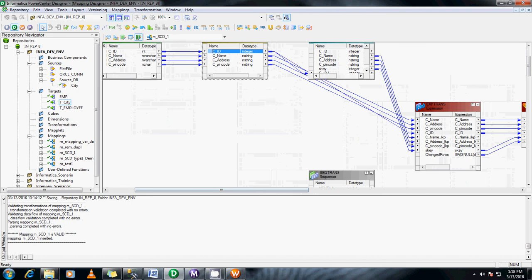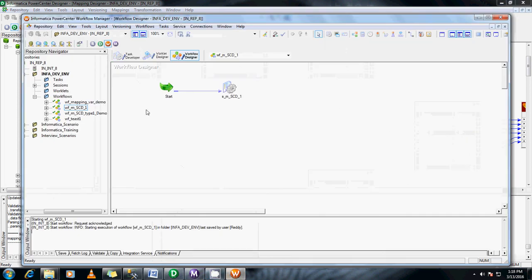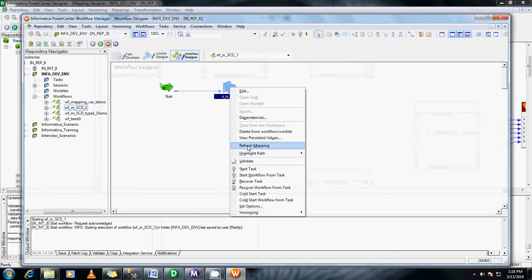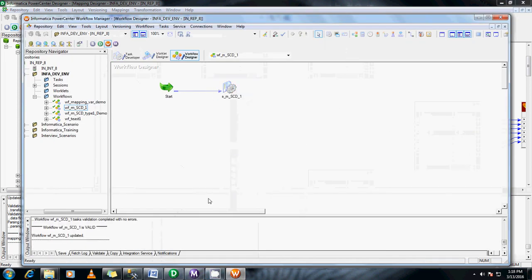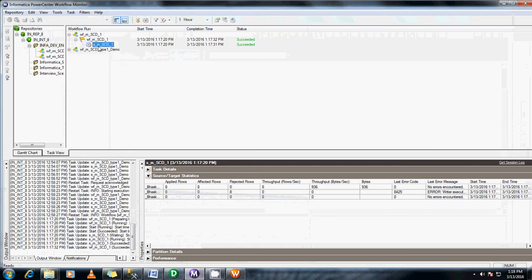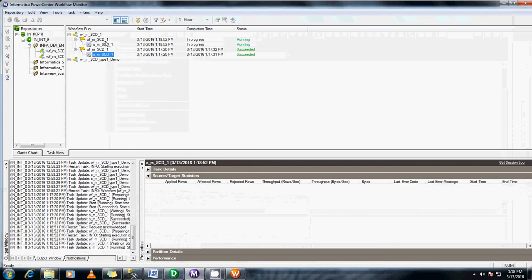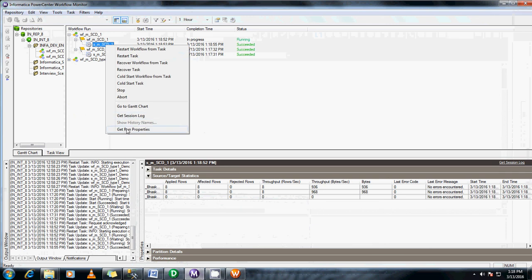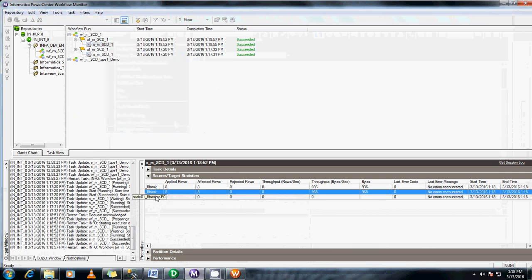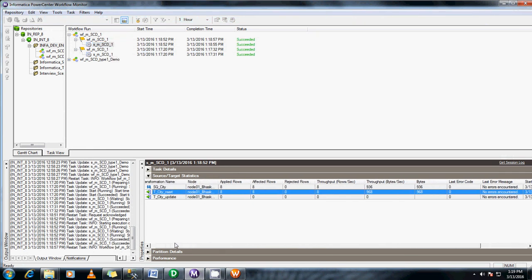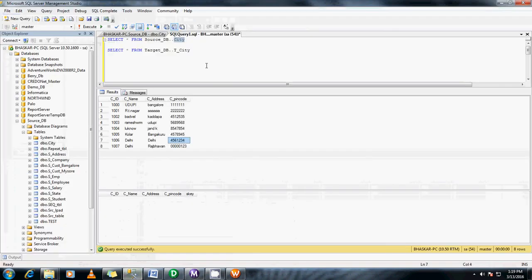Go ahead and map it here. Okay, Control S, and again change the workflow also. Save it if it has been altered already, and restart the task. Okay, you can see that all the rows have been inserted into the target insert, but no rows have been applied for update. So let me check in the back end.